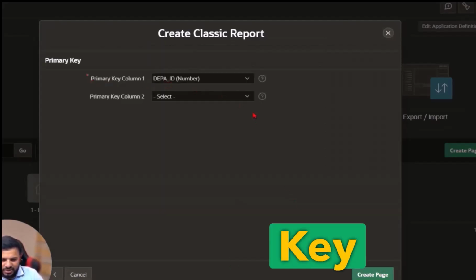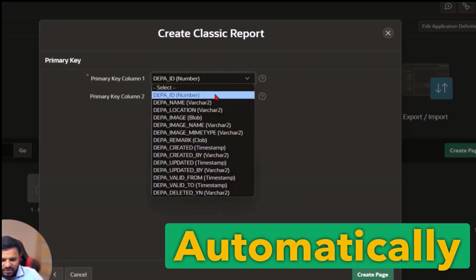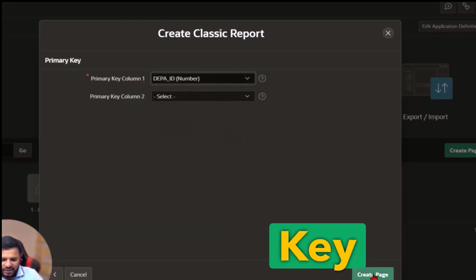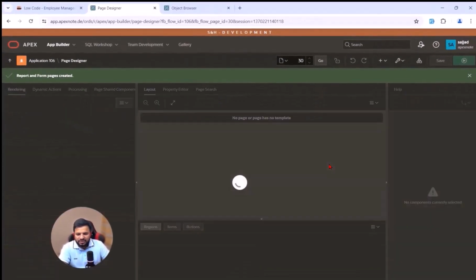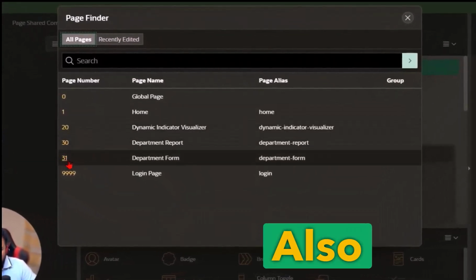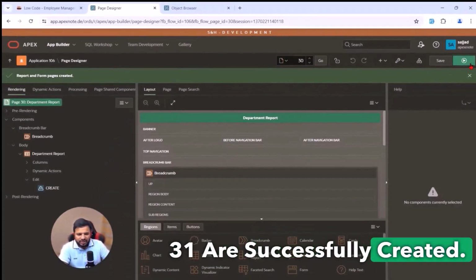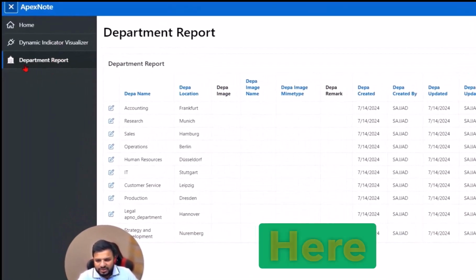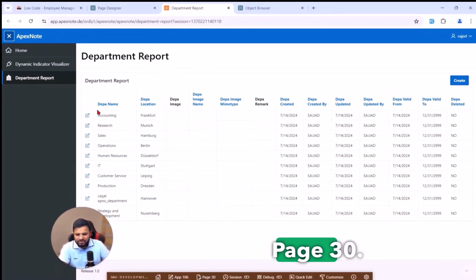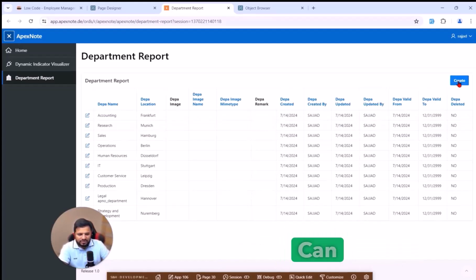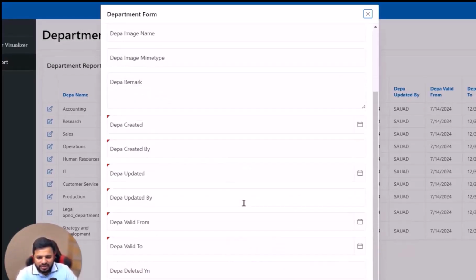The primary key is department ID. It is currently automatically selected. It's recognized what is the primary key of this table. Then we can click on the create page button, and then you can see the page 30 and also 31 are successfully created. So I will open the page 30, and then you can see we have now the department report on the page 30. Here are all these different data which we inserted, and we can also create here a new department and